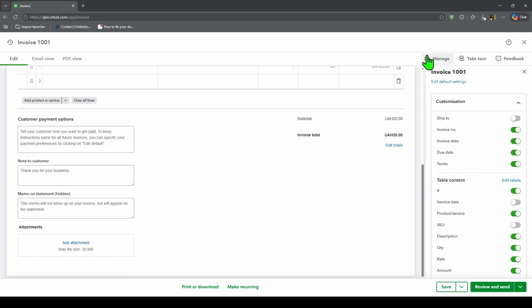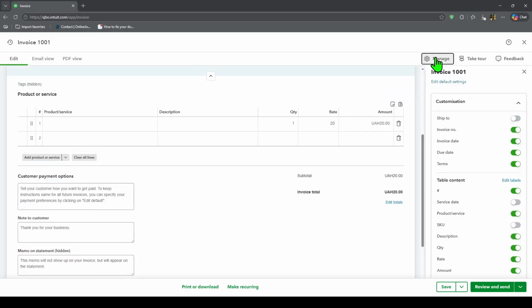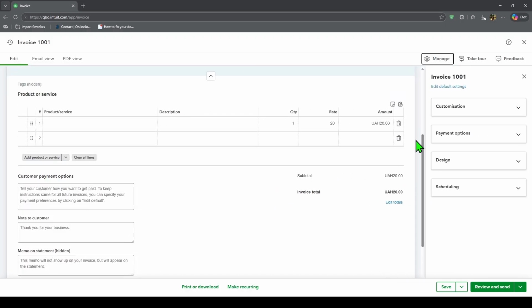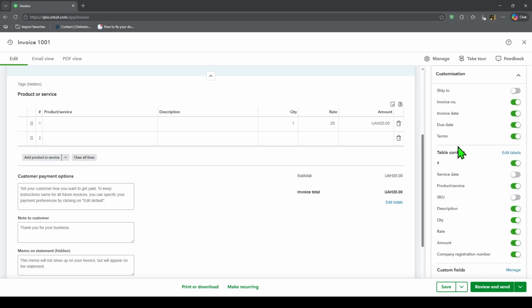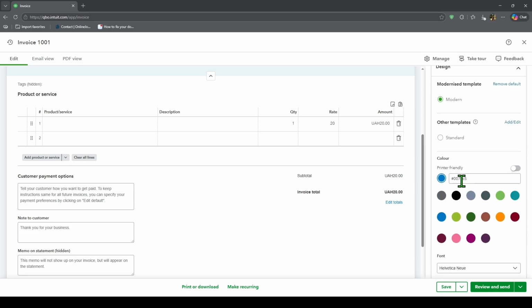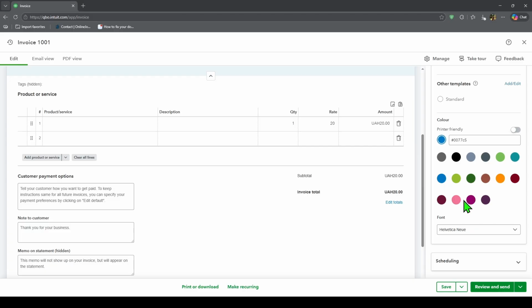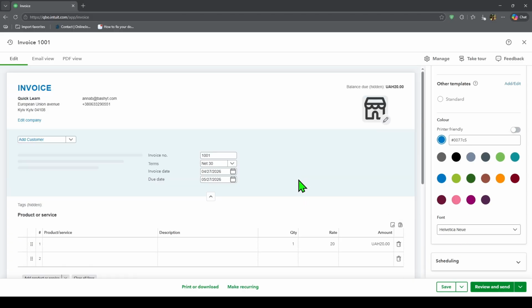Intuit says you can edit an existing template or create a new one, then update the design, colors, logo, layout, and other form details. You can even upload a logo from the Design tab to make the invoice match your brand. Once everything looks right, save the invoice or review and send it to your